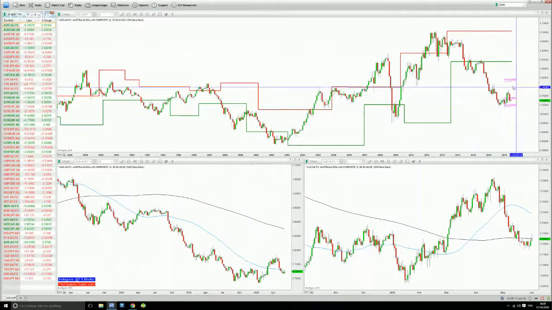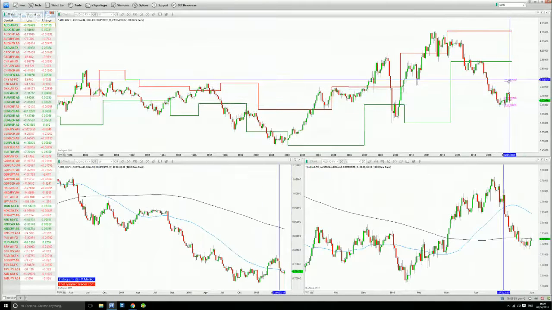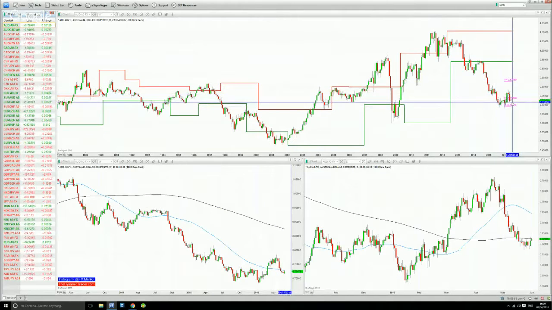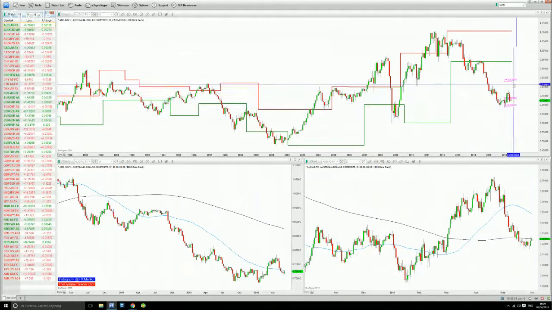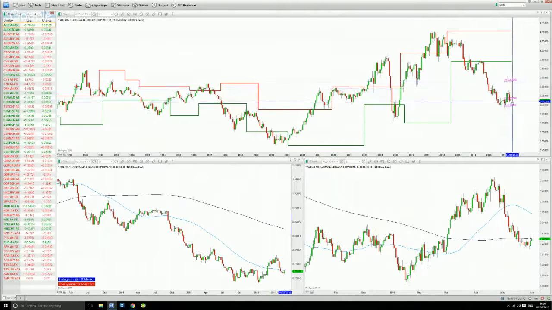These pink lines are the annual levels. So that's the high, the low and the close of 2015, the high and the low of the previous calendar year. Again, these act as support and resistance. In addition, when it comes to explaining my edge, you will understand that I use these pink lines as a way of determining a bias in price. So ultimately, if price is trading between these pink lines, I generally stand aside.